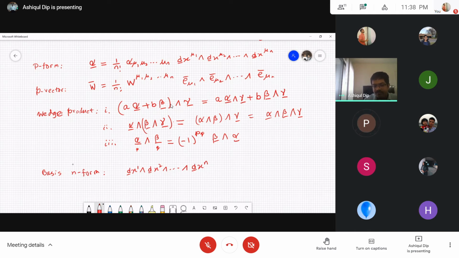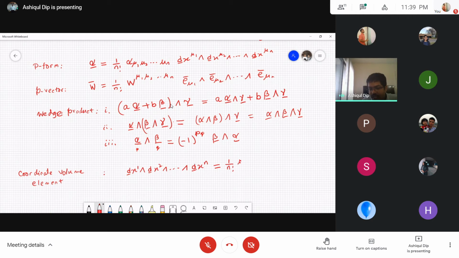Or you could say coordinate volume element. Both names are correct. Okay, so we were able to write it as 1 over n factorial,